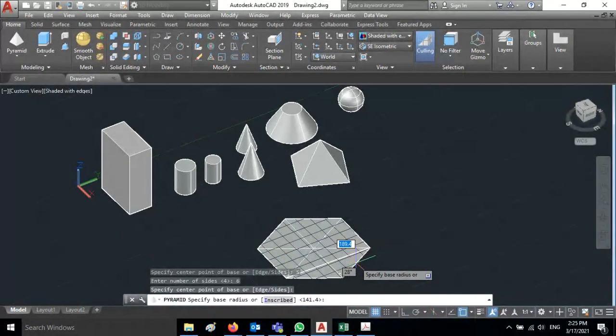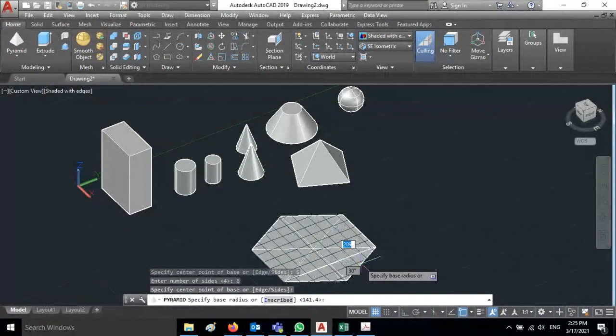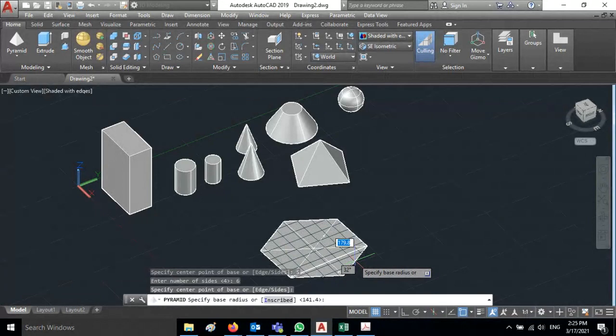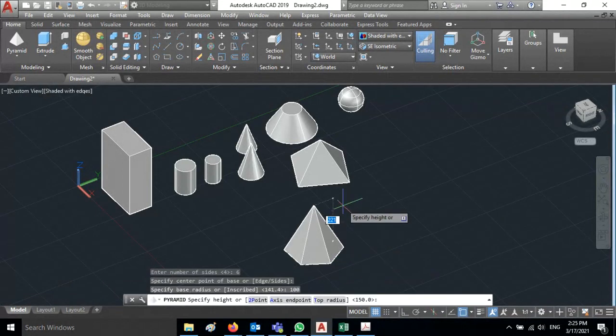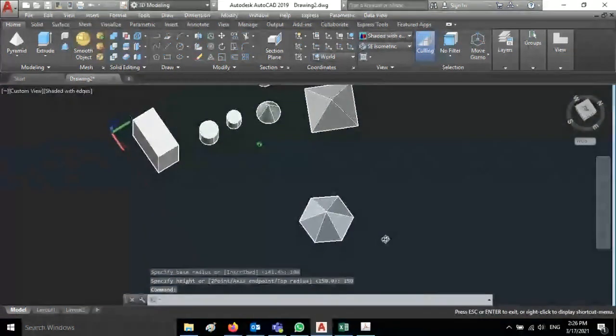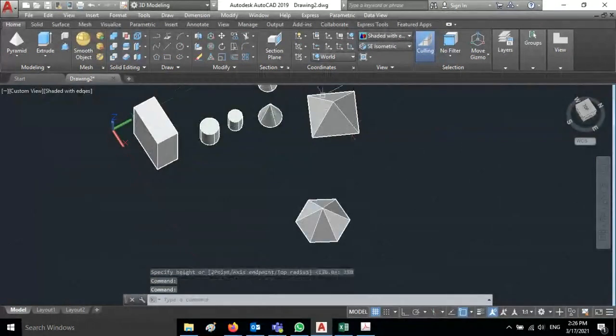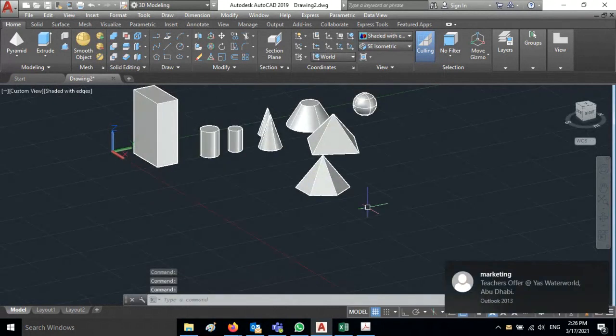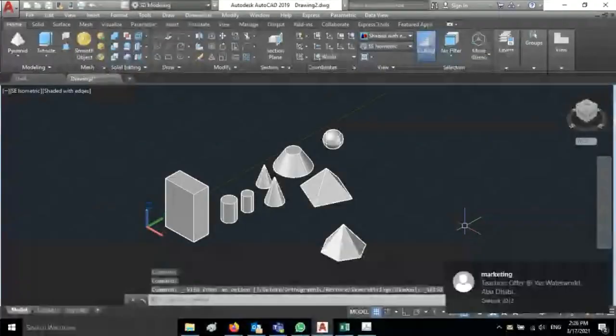Before it was only 4 sides, now we have 6 sides. And the radius, I can give you 100 radius, and the height I'm going to give 150. Okay, now we can see there are 6 sides. Before it was only 4. This one has 4, but here we have 6 sides. Okay, we can do that by using 6-side method. Go to the SE isometric, and then